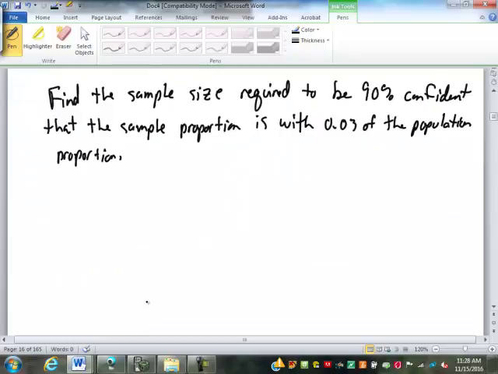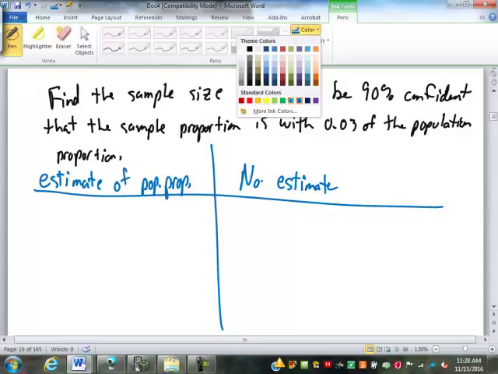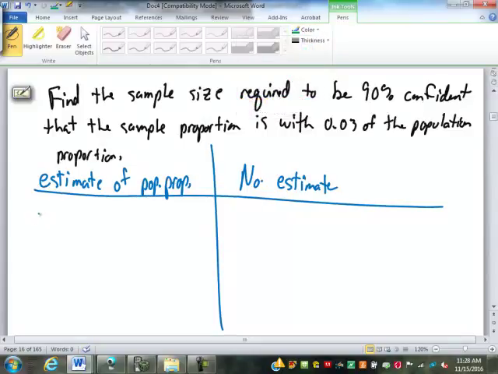Now, there are two cases here, and I'm going to do them both. One is if we have an estimate of the population proportion. The other is if we have no estimate. So let's say we are told that we think the population proportion is about 0.2. So then our sample size, n, is going to equal